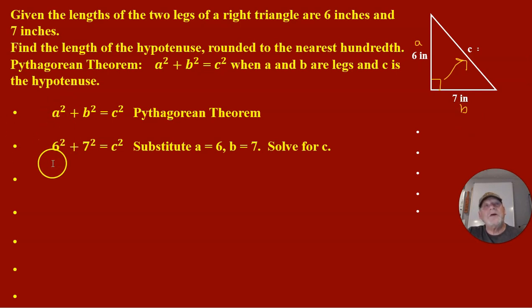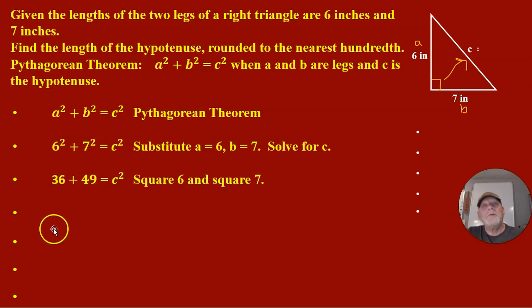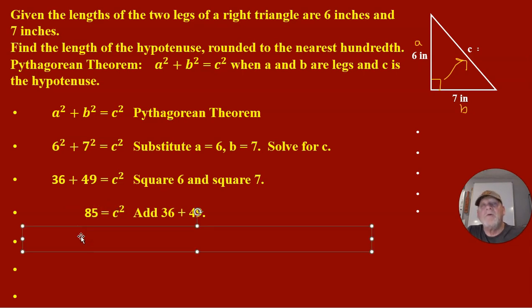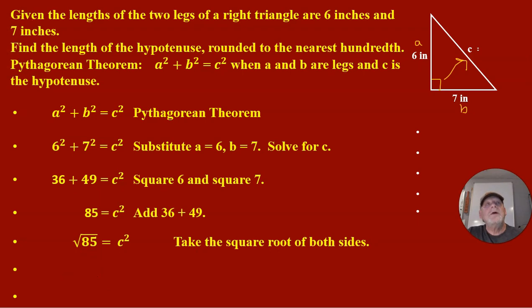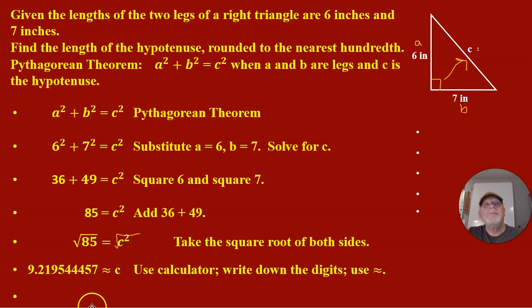So we substitute in for the a squared, I put 6 squared. For my b squared, I put 7 squared, and it equals c squared. I use the substitution property of equality. 6 squared is 36. 7 squared is 49, because that's 6 times 6, 7 times 7. Now we add 36 and 49 to get 85. Now, how do you undo a square? You remember, you take the square root. And there needs to be the square root of both sides. So both of them have the square root. I just accidentally had a typo there and left that out. So it ends up being